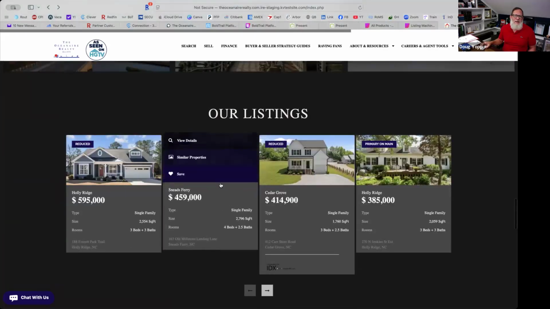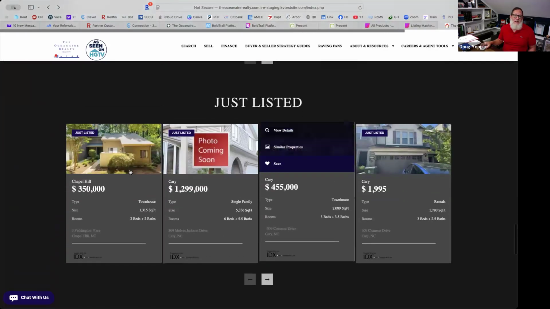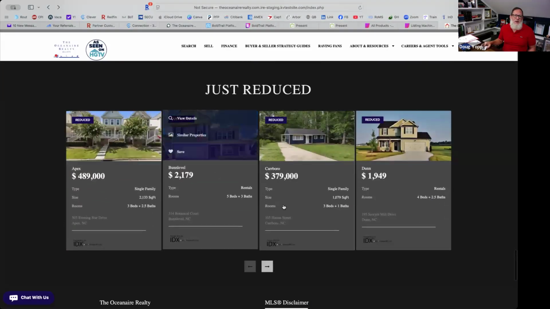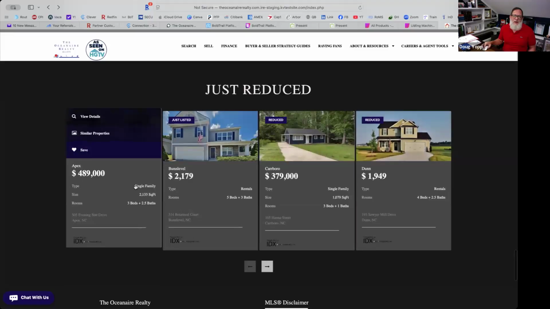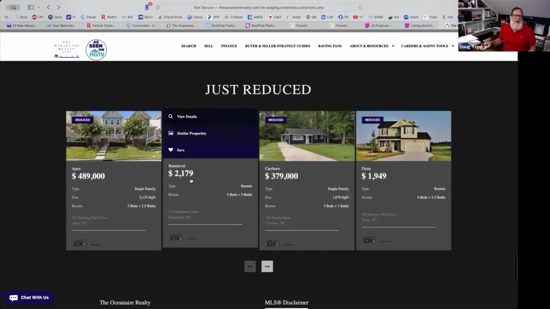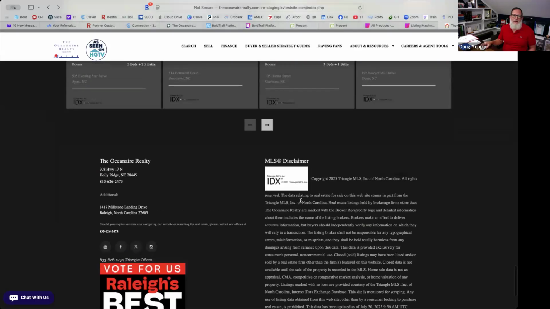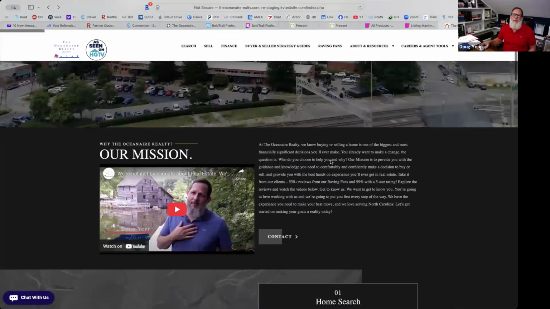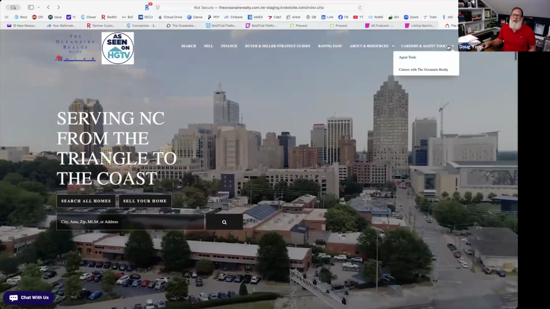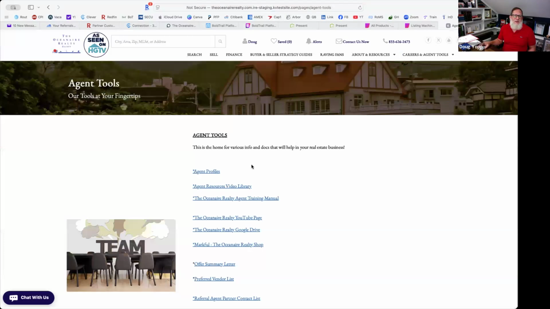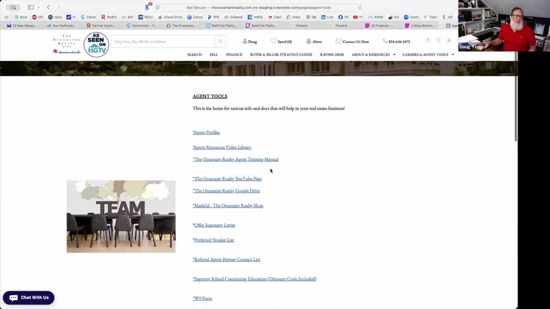Quickly, our listings here just listed, so just hit the MLS. And just reduced, so listings that have had price reduction. The rentals are included here, so you'll see those as well. And then at the bottom, you've just got the information that typically needs to be there. Coming back to the top, the agent tools. So this is our agent page, which has the links that we've had before on the agent resources tab, which